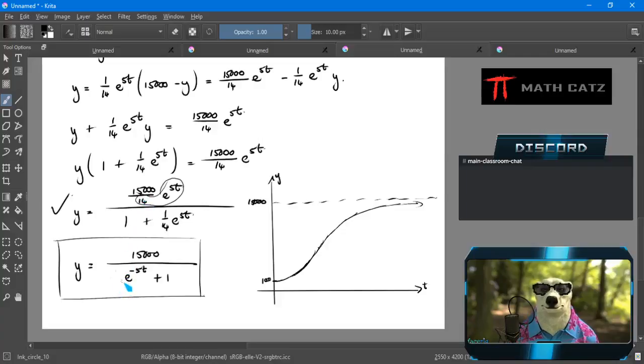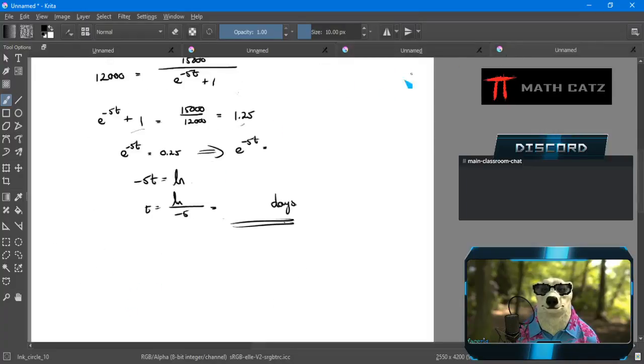When we divide by 14, it's throughout. We divide by 1 over 14 e to the 5t, so it becomes in the bottom 14 e to the negative 5t when I divide by 1 over 14. So then over here,